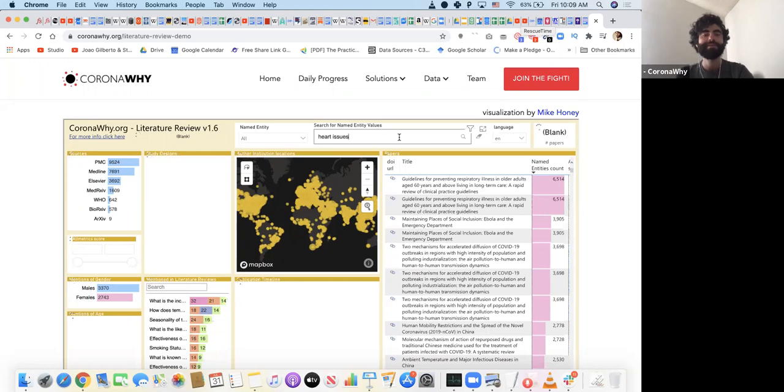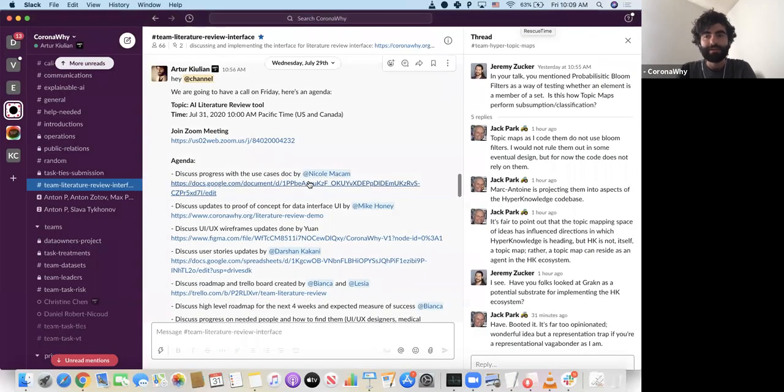I assume the current proof of concept is overloaded with data, and it's quite slow. So let's assume that this works. The demo effect is in place right here. But assuming that it works, there's going to be a way for us to navigate the actual